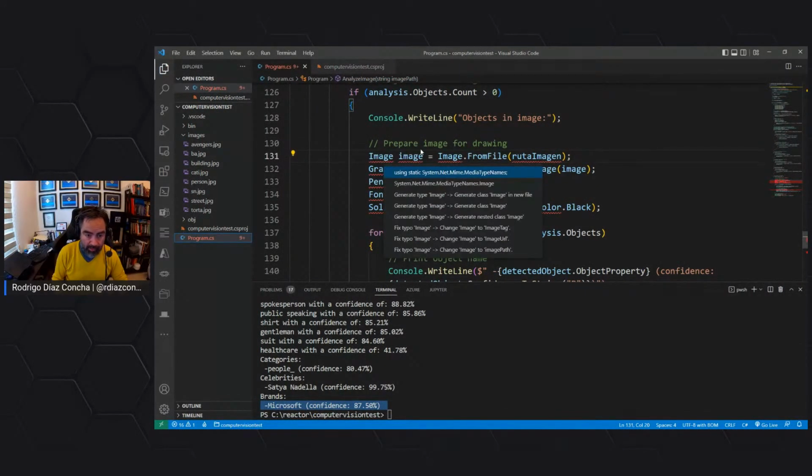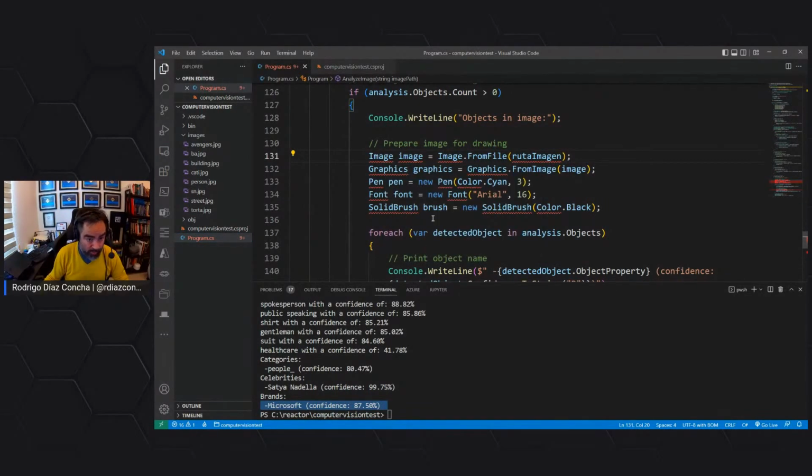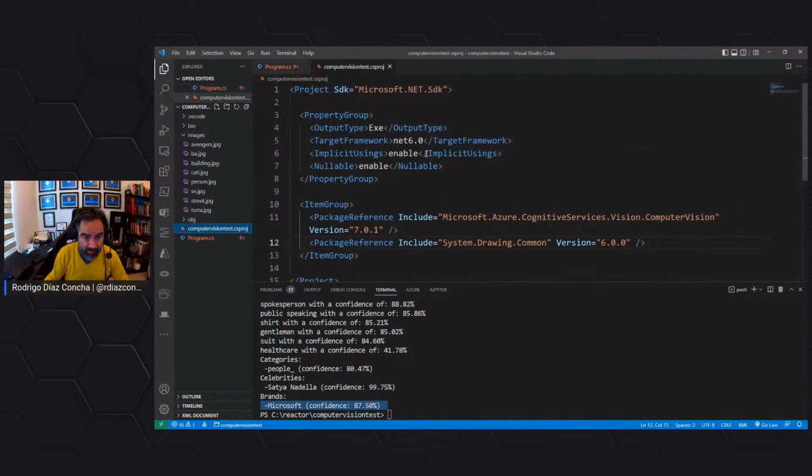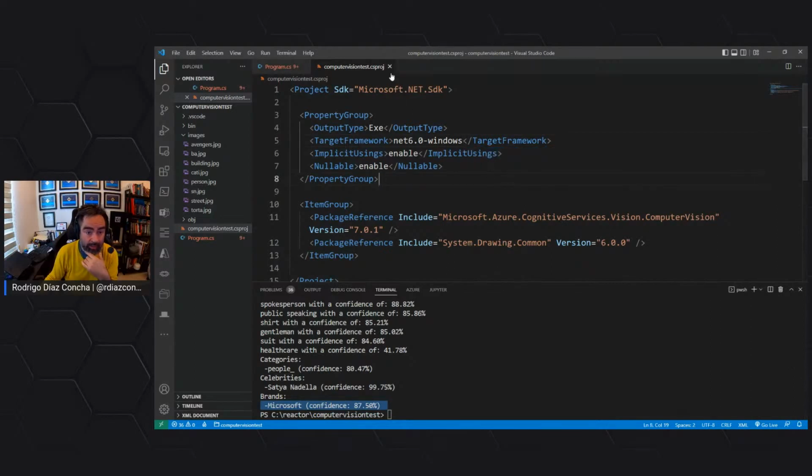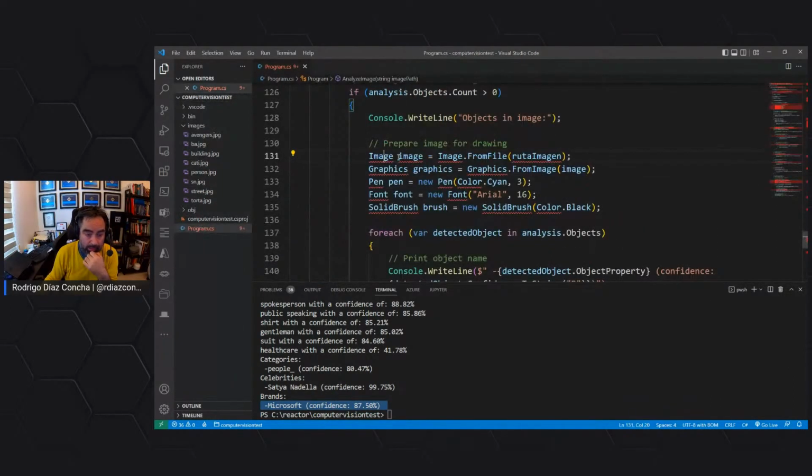Okay, so this is telling me to use this other namespace, which is incorrect. What I need to do is to fix this because remember, those classes are for Windows only, so I need to change the target framework. And this is just for .NET, okay? If you happen to use Python or any other programming language, of course, you can just skip this explanation. However, if you are a .NET developer, that's what's going on here. Okay, so if I go back,